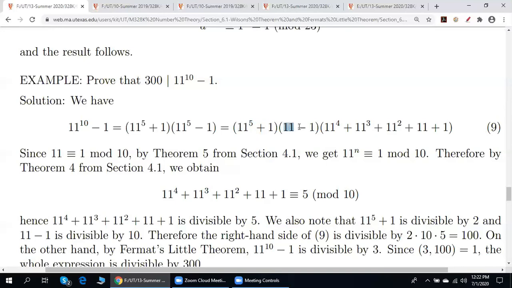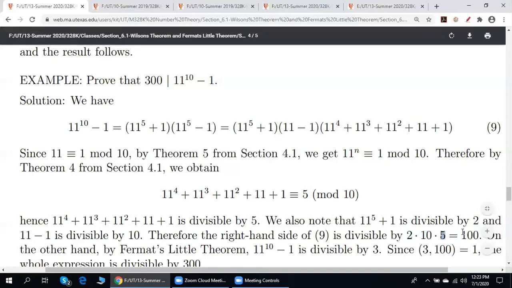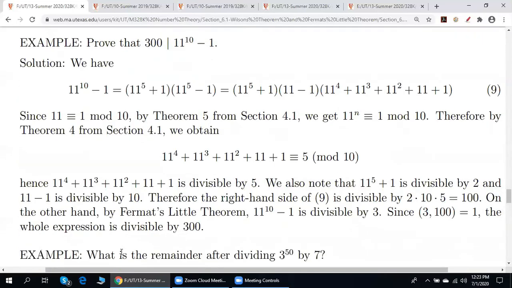Lastly, 11 minus 1 is 10, divisible by 10. So in total, this is divisible by 5, this is divisible by 10, this is divisible by 2. Therefore, in total, the whole product is divisible by 2 times 10 times 5, which is 100. Lastly,